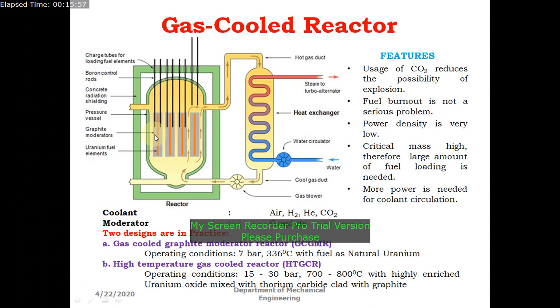So the moderator acts as a good material so that it can absorb more of the kinetic energy from the fast moving neutrons. So it can be used in thermal reactors. By slowing down the neutron, it can send the neutron back to bombard the existing fuel. So once again the chain reaction will continue. And in between the fuel rods, here we can see there is a passage. Through that passage there is a circulation of coolant, or the gas.